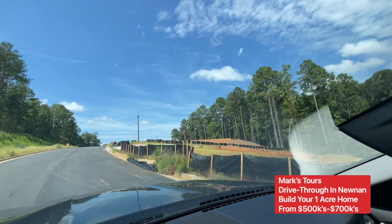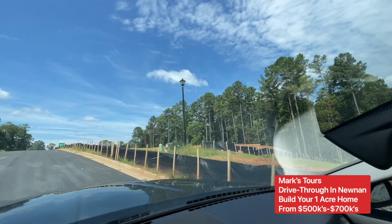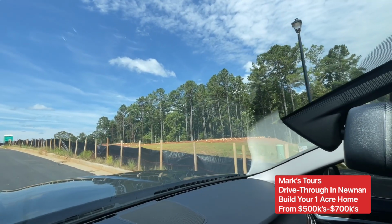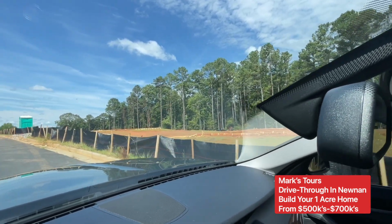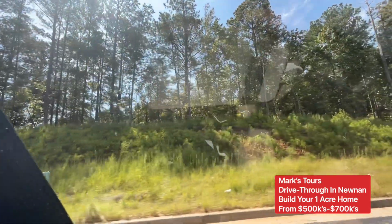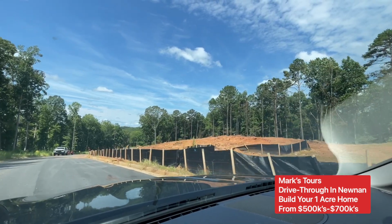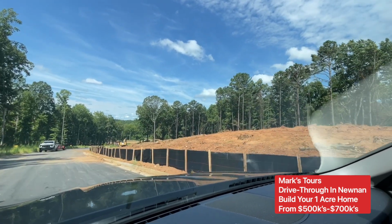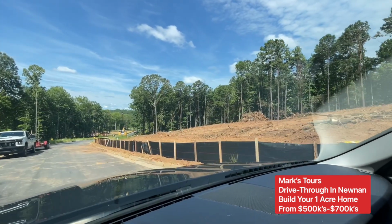As you can see already, the lots are spectacular. You can see this one, they are about to pour the slab foundation on. Here's a couple lots, have for sale signs up on it. So if you want to be a little higher up, you can do it for those. And you can see this is how they get the land prepped. They start clearing out the trees, they start grading out the land,